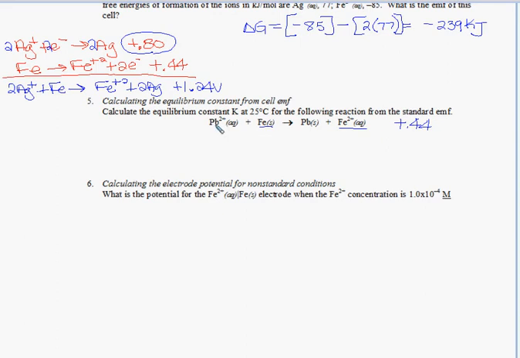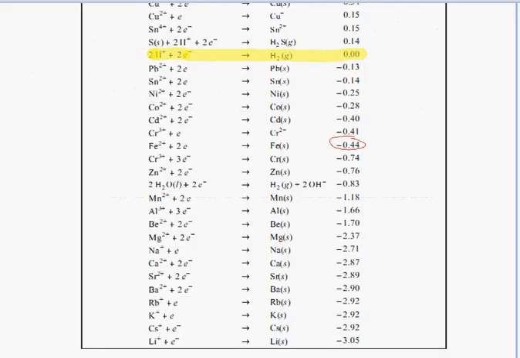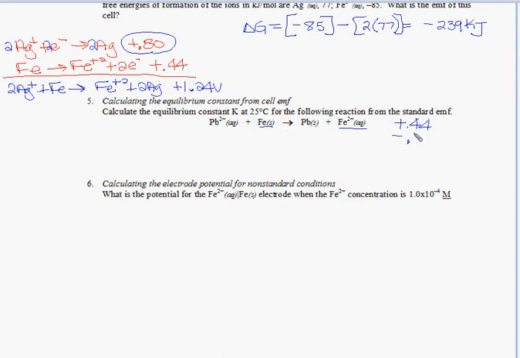And then we have lead ions turning into lead solids, so we want to be looking for that one also. So lead ions, lead +2, there it is, turning into lead solid. So notice that that's negative, but it's the more positive of the 2 reactions, which is why that's the one that's going to be reduced. All right, so that's a -0.13. All right, so our standard cell potential will now be a positive 0.31